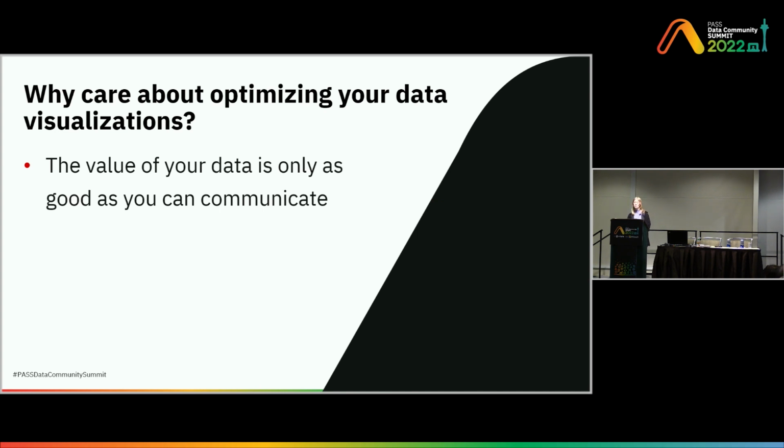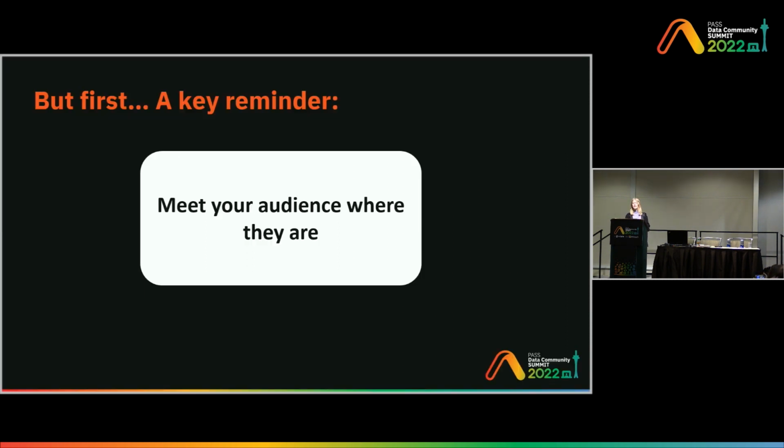Why should you care about optimizing your data visualizations? Data visualizations are found everywhere, from a commercial boasting a 30% off sale to a utilization report, but the idea is the same in either case. You specifically have a piece of information and you need to communicate this information to some effect. Nobody is going to come to your 30% off sale, and nobody is going to allocate more resources to your project unless you can effectively communicate the value of doing so. And this is where creative visualizations can help.